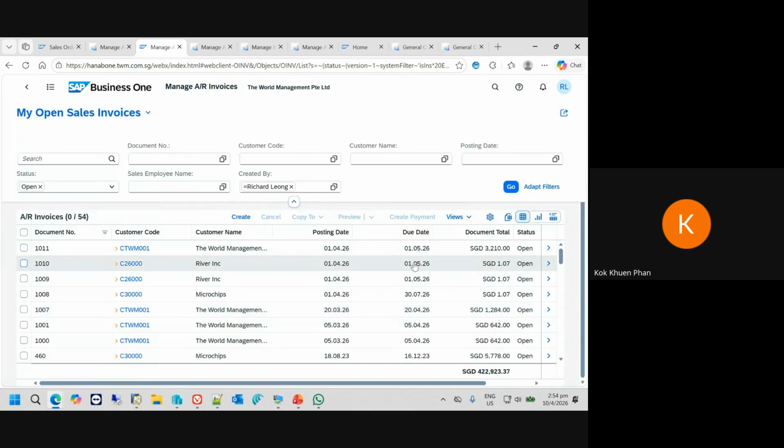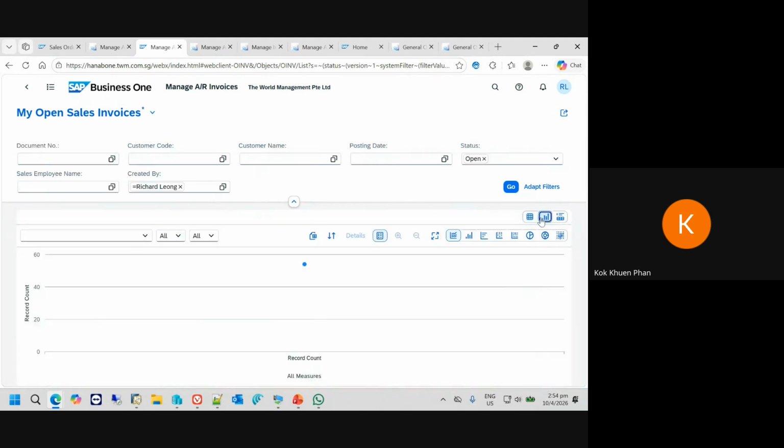And this is the list view for the AR invoices. As you can see, the data will come from AR invoice. Then click on this chart view to change it to a chart view. In addition to the chart view, there is also another option that you can create, which